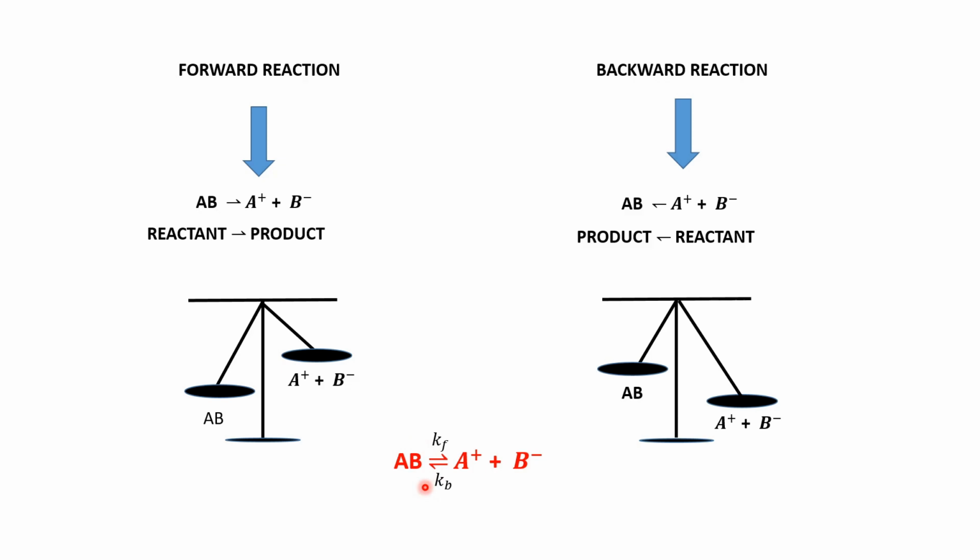The difference here is only that the rate constant of the forward reaction is given by Kf and the rate constant of the backward direction is given by Kb. Now, what are these rate constants? I have already explained it in the chemical kinetics lecture series. Kindly go and watch it. There, you will understand the rate constant and the rate terms more easily.